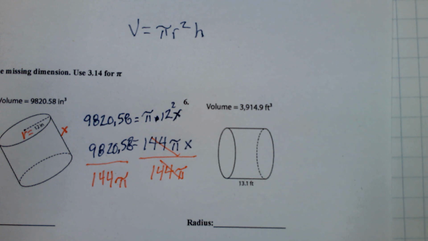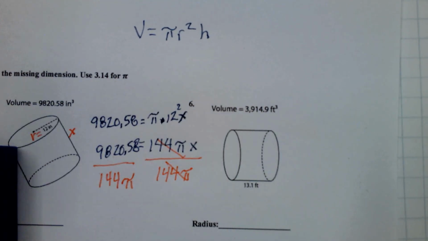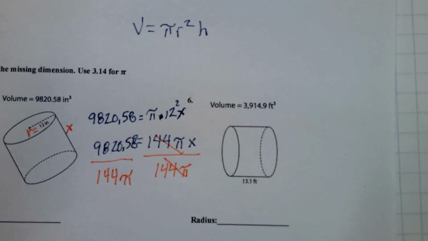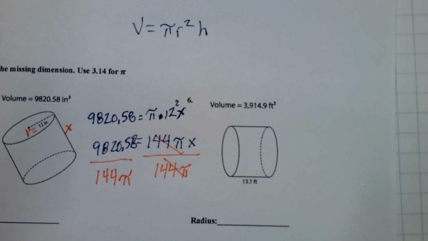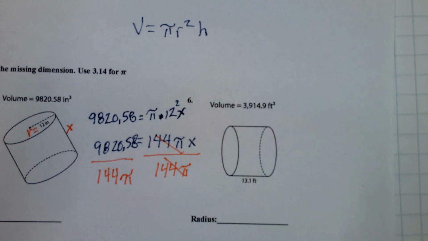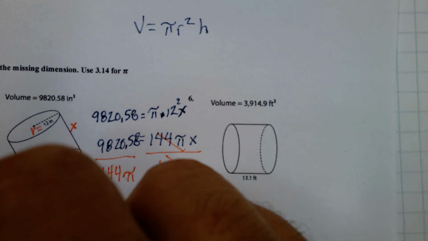So, unfortunately, we didn't think about that on these not so great calculators. We should probably figure out what 144 times pi is. Yeah, so let's divide by 452.16. So x turns out to be